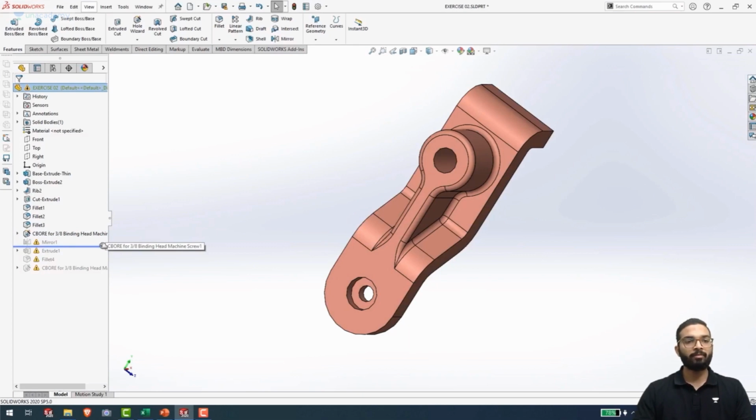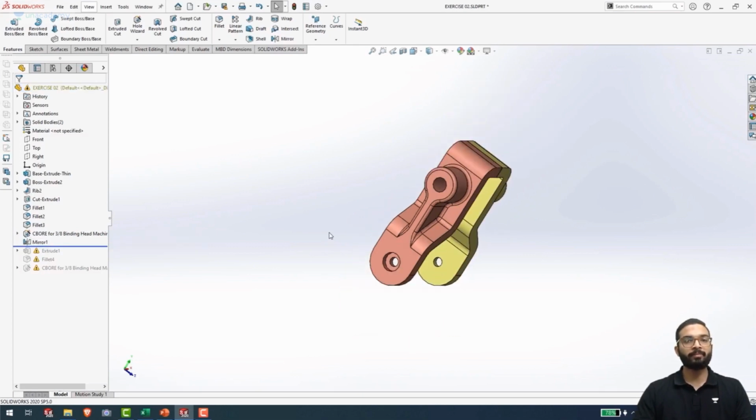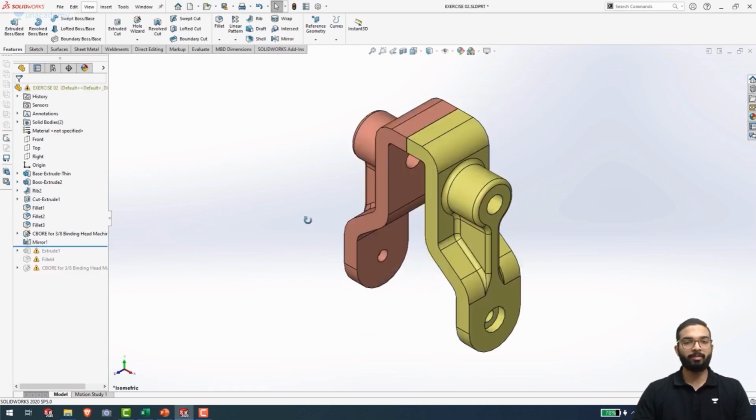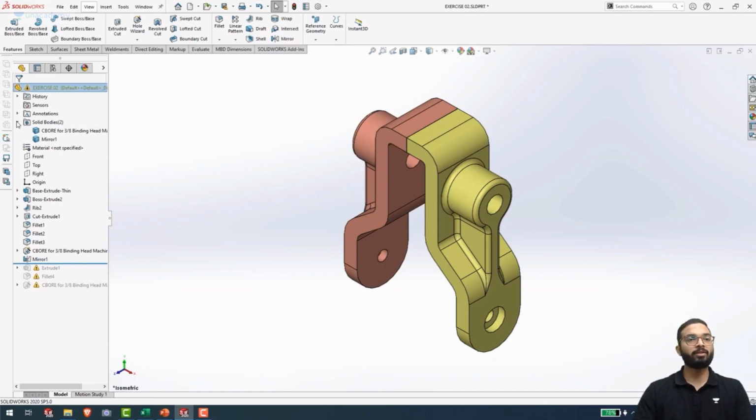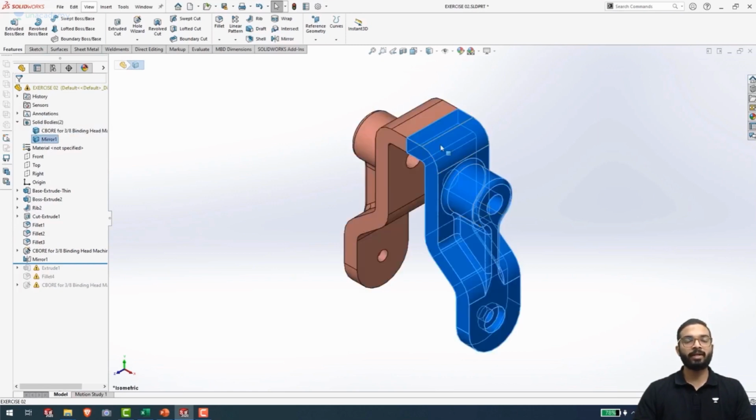If I move forward and take a look at this mirror, yes, there is a problem over here. If I press Ctrl 7 and set it into the isometric mode, you can see here that these two bodies have different colors. That is because they have not been merged. We will rectify this by going to this drop down of solid bodies, and here we can see that we have two different bodies. If I click on the first one, it is highlighting this one in blue. If I click on the second one, it is highlighting this in blue,